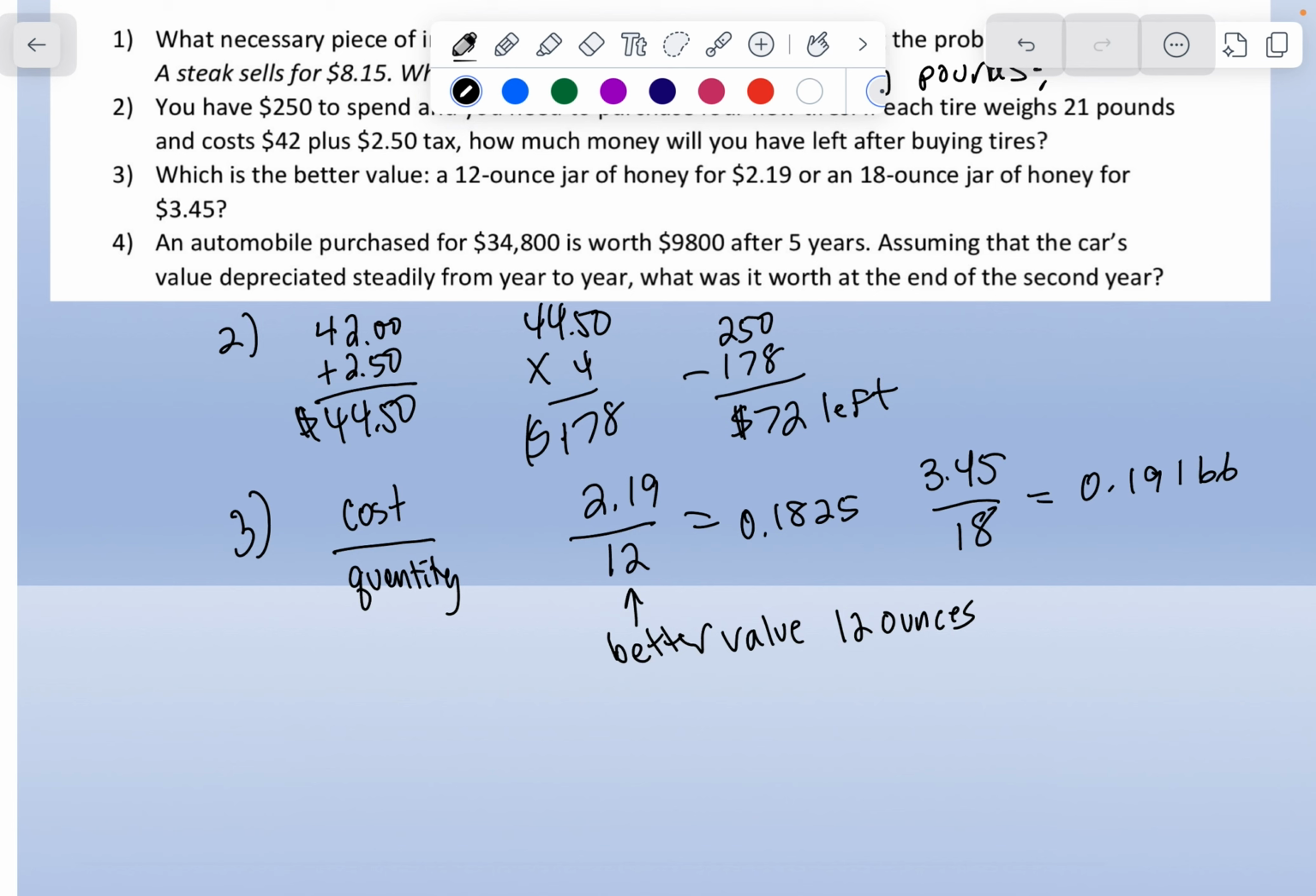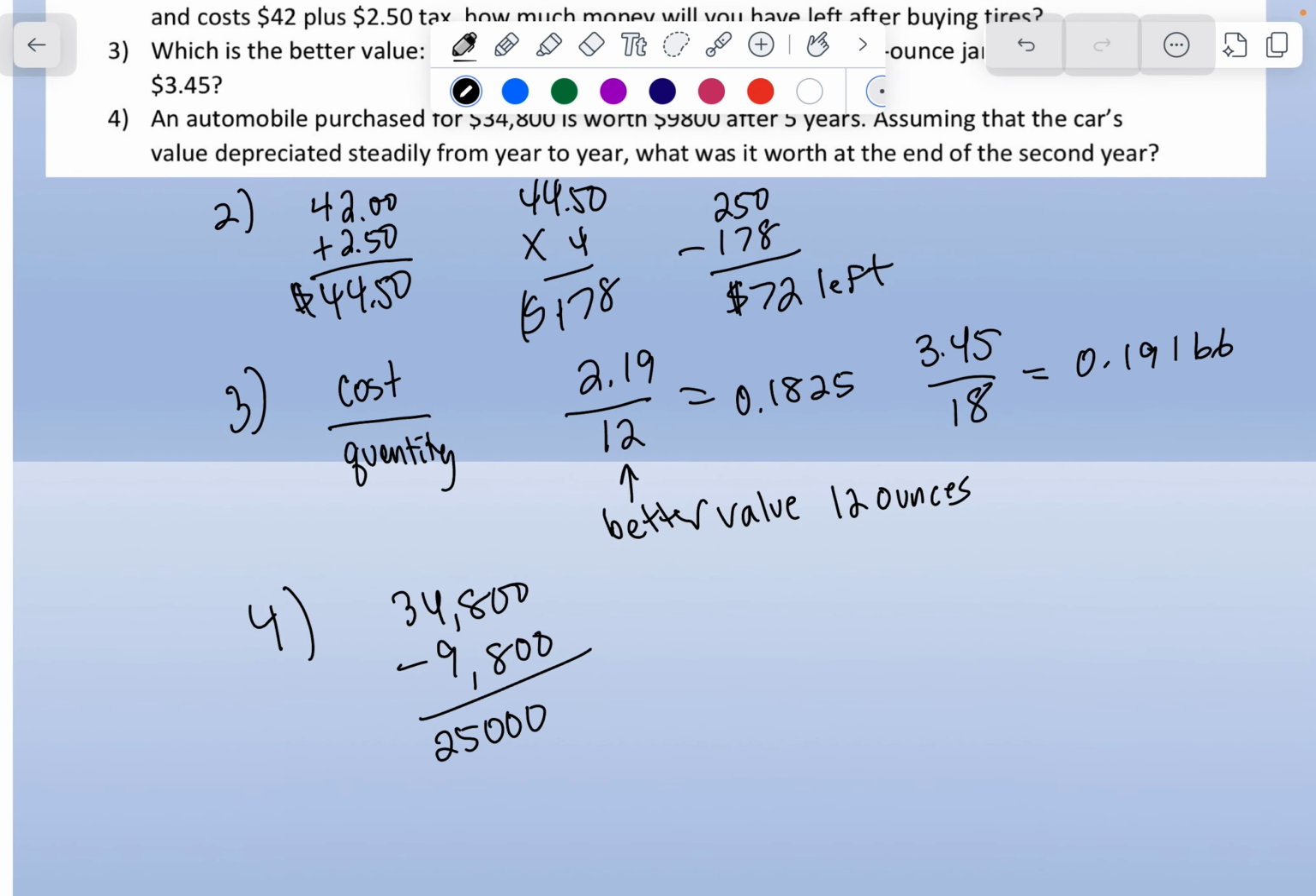Now let's look at number 4. In that one, it says an automobile purchased for $34,800 is worth $9,800 after 5 years. Assuming that the car's value depreciated steadily from year to year, what is it worth at the end of the second year? So if we think about, we want to know how much is it changing, okay? So if you take your $34,800 and you minus off the $9,800, we'll see how much it declined, okay? So $34,800 minus $9,800 is $25,000,